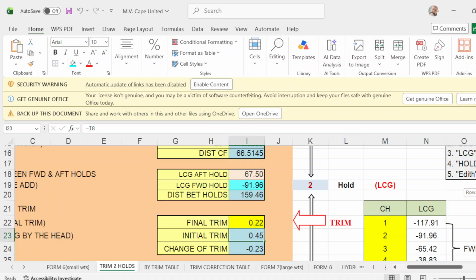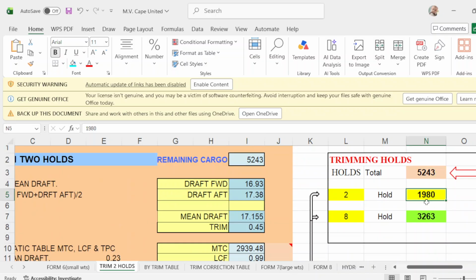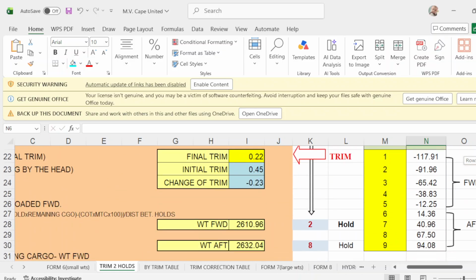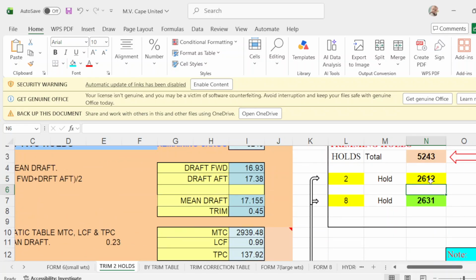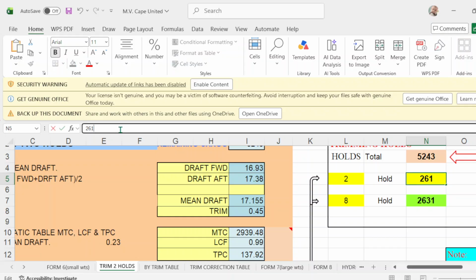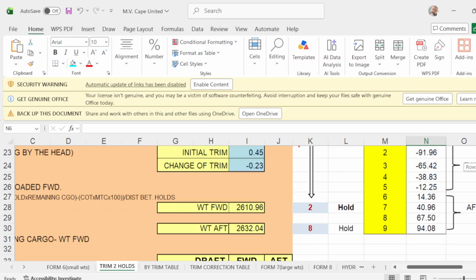And how much you load in number 1? 2612. Say 2612 here. And number 8 should be 2631. 2611. Okay. And number 8 should be 2632.